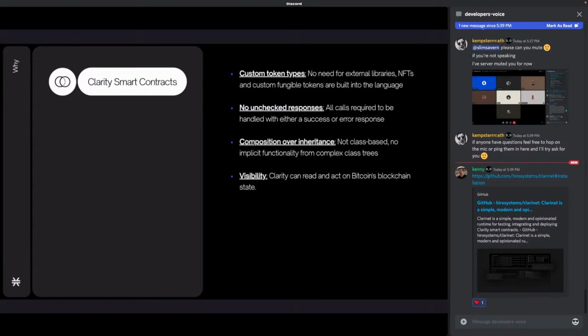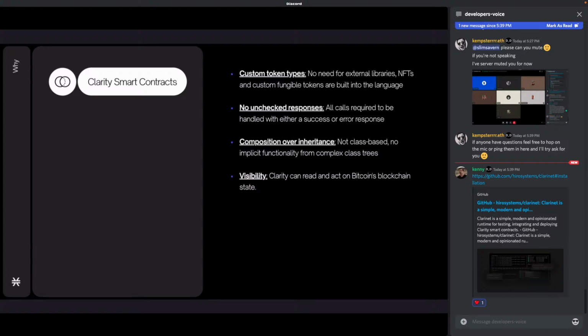Yeah, so just a question. Like you said, there is no compiler for this Clarity. So how are we going to test it without deploying it on the chain? Or do we have to deploy it on the testnet and then test it? Nope. So that's kind of what we'll get into a little bit in the demo, but there's a tool